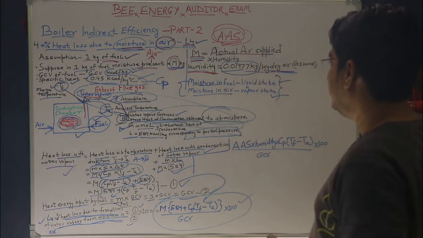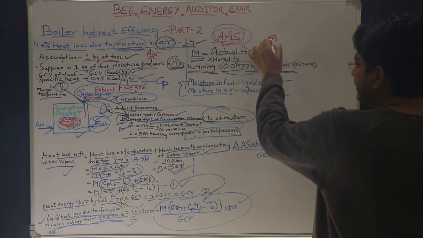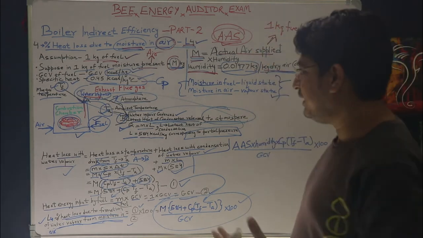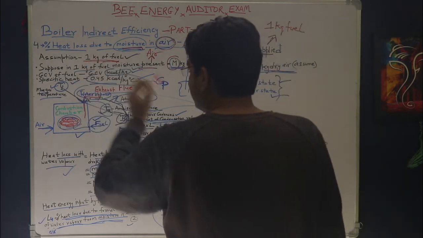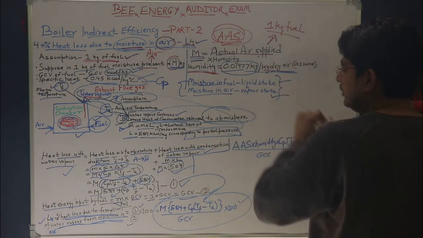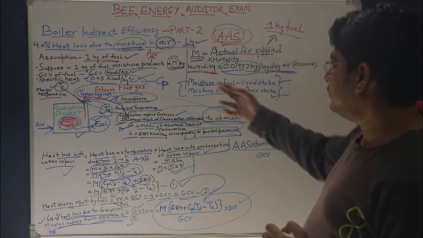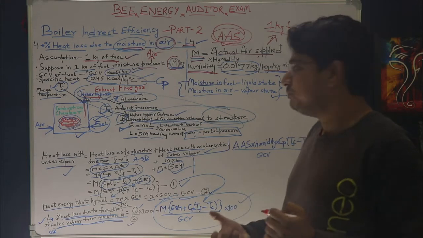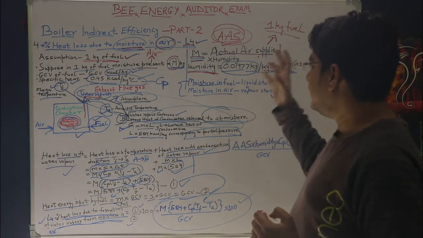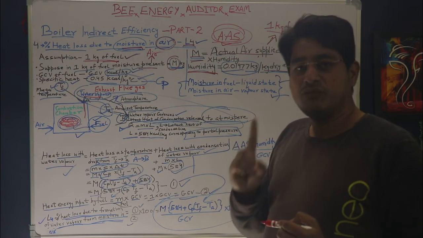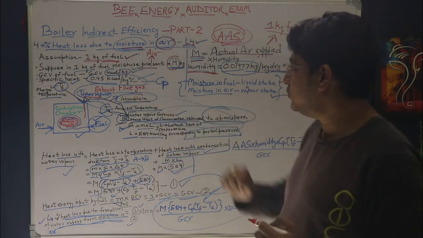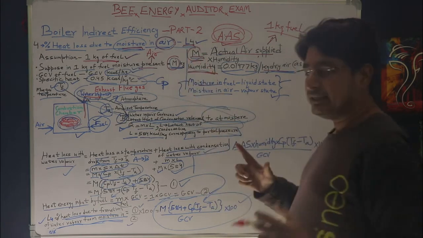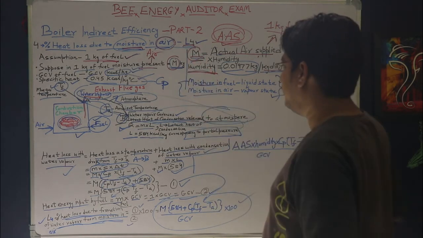Now this actual air supplied means the air supplied for 1 kg of fuel, because my assumption from the very beginning is that I am considering 1 kg of fuel, multiplied by humidity, that will give you the value of M. Suppose this would have been my actual value of humidity and I have supplied only 1 kg of dry air with 1 kg of fuel, then what would have been my value of M? Then in that case the value of M would have been